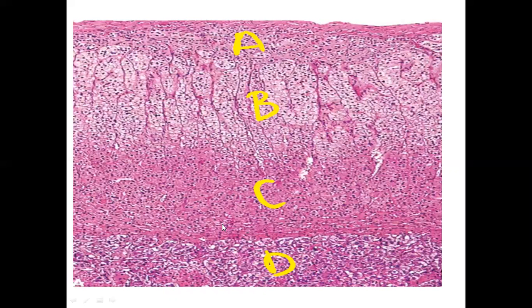Now this is again a very classic slide where you can easily distinguish the capsule. After the capsule, the next area is represented by the, not digit, alphabet, sorry, A, then B, C, till C we have the cortex. And in this particular PPT I have not added lots of labeled diagrams.